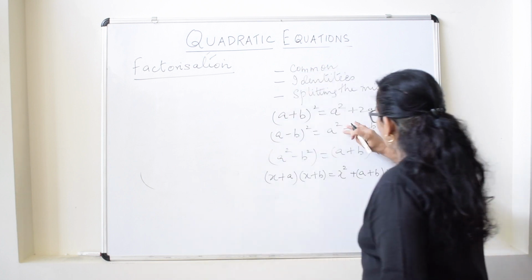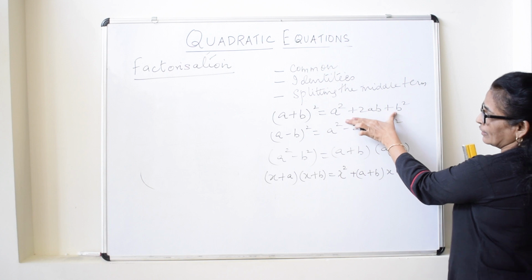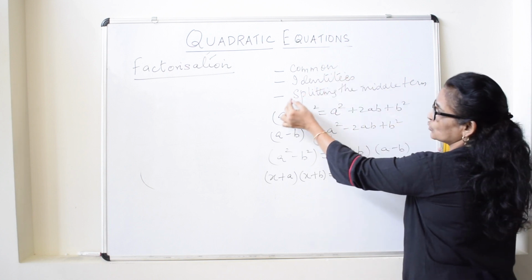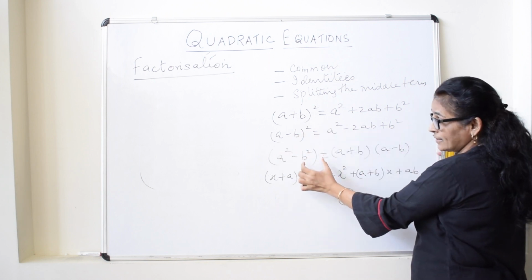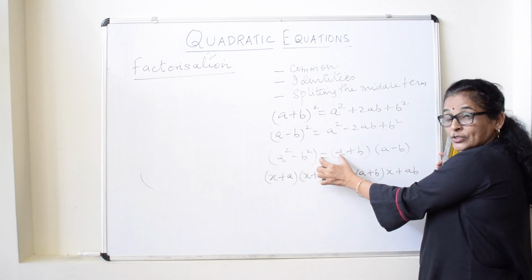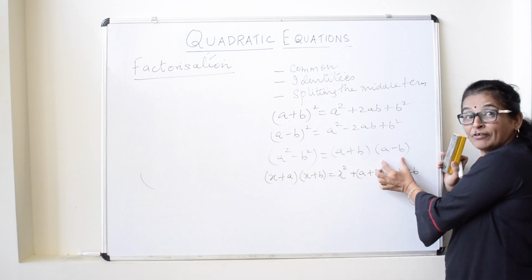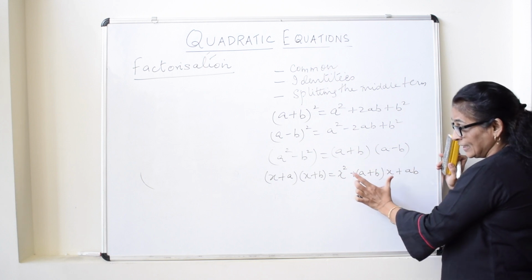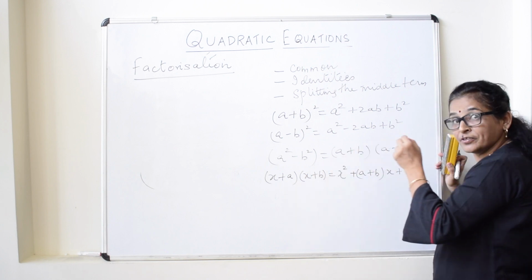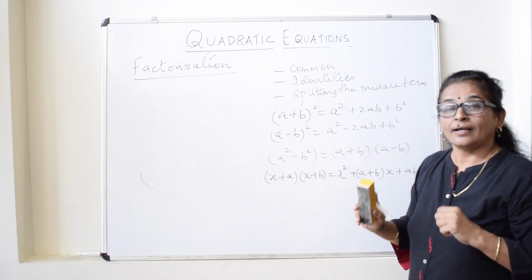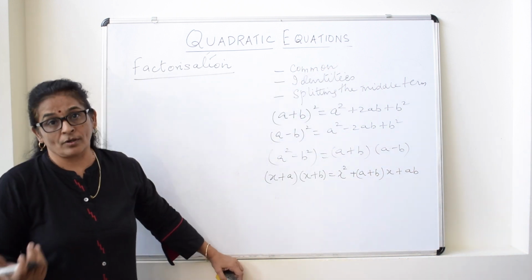If you see in all these four, factorization means this part will be given and we have to factorize to go back to this. But in this case, the quadratic equation will be given in this form and we have to rewrite it in the form of its two linear factors. It will be given in this form and we have to go back to this. So you have to first see what the type of question is, and according to that we will apply the identity and solve it further.